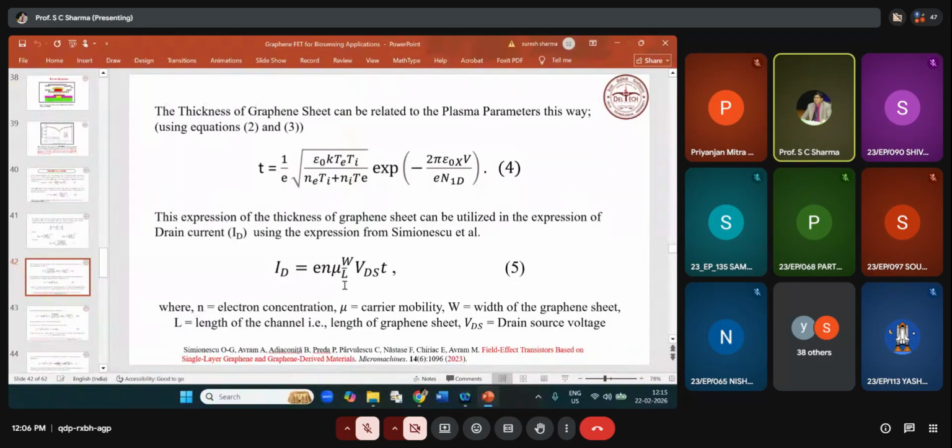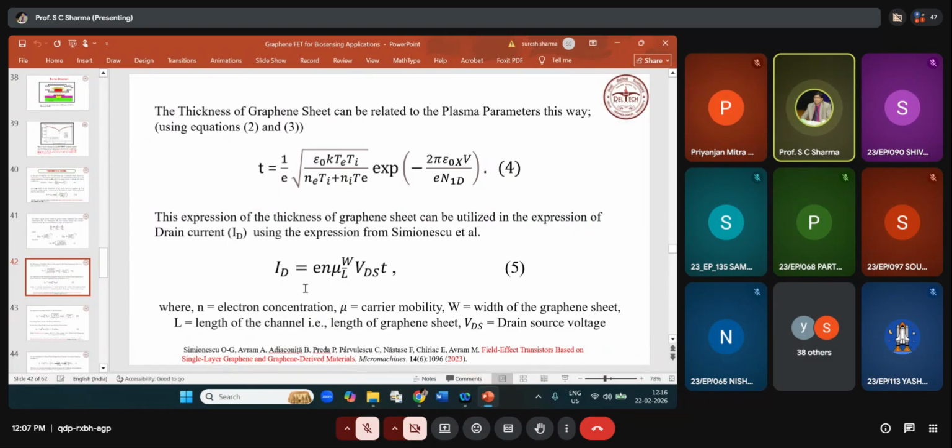Another expression is: the drain current is equal to the electronic charge density, mu the mobility, W the width of the graphene sheet, and L the length of the channel, V_DS the drain-source potential, and T the thickness. So using the value of T from here to here, the drain current is a function of the plasma parameter, also a function of the width of the channel, also a function of the length of the channel, and you can study the role of plasma